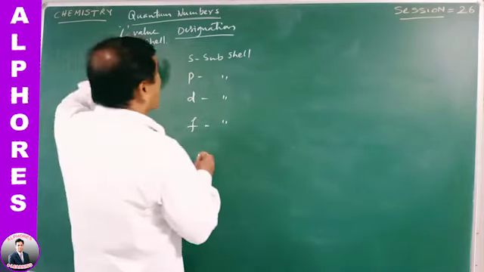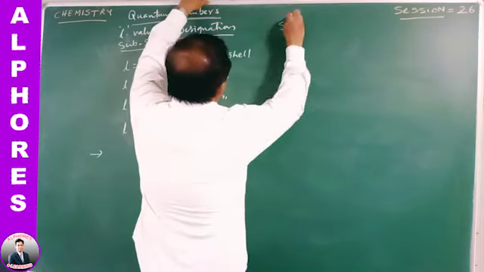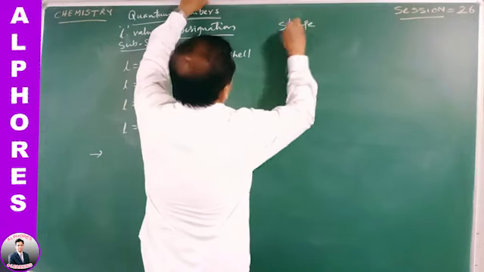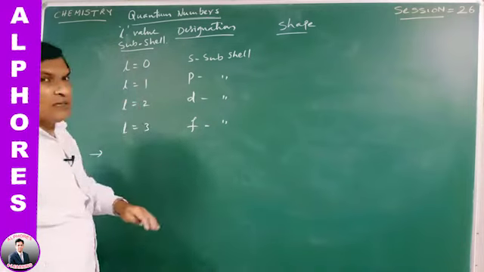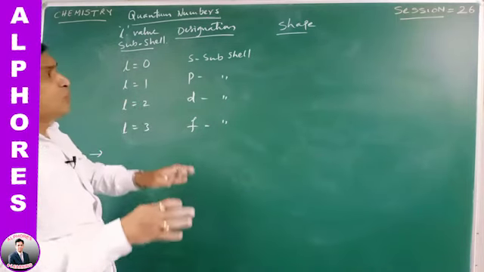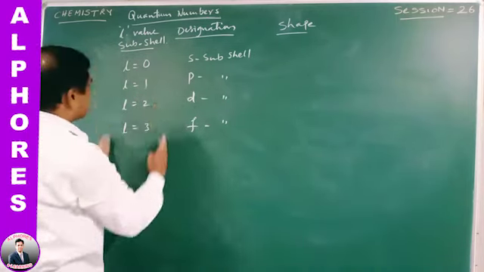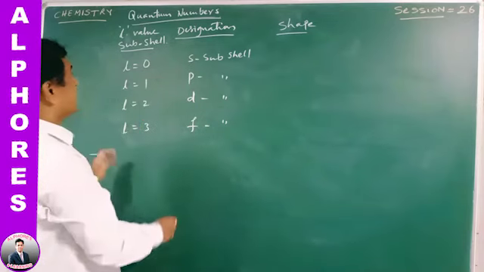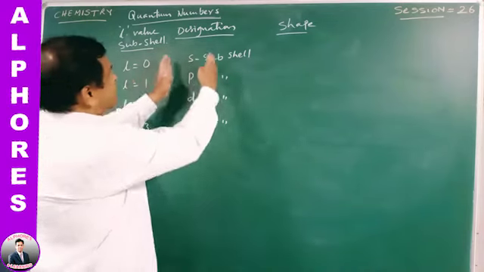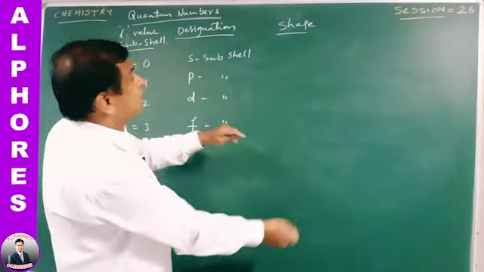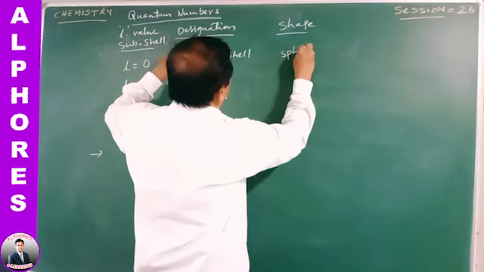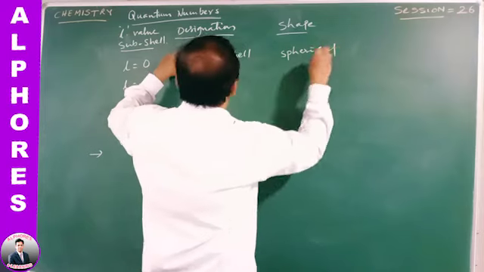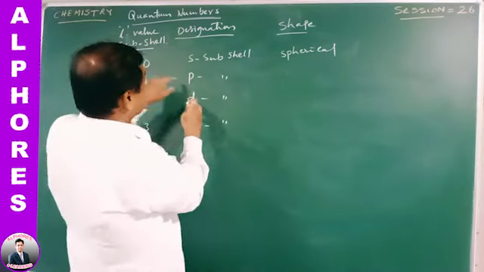Which subshells exist? 0, 1, 2, 3, that means S, P, D, F. The shape of the S subshell is always spherical, and L equals 1, the P subshell,